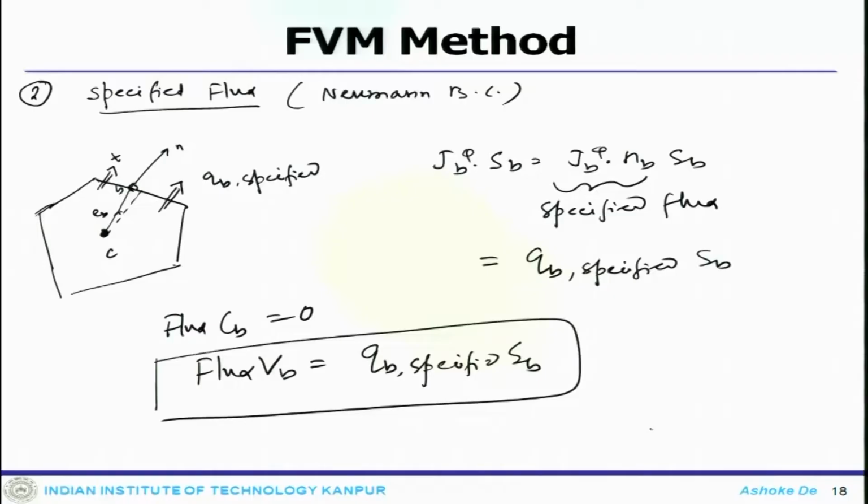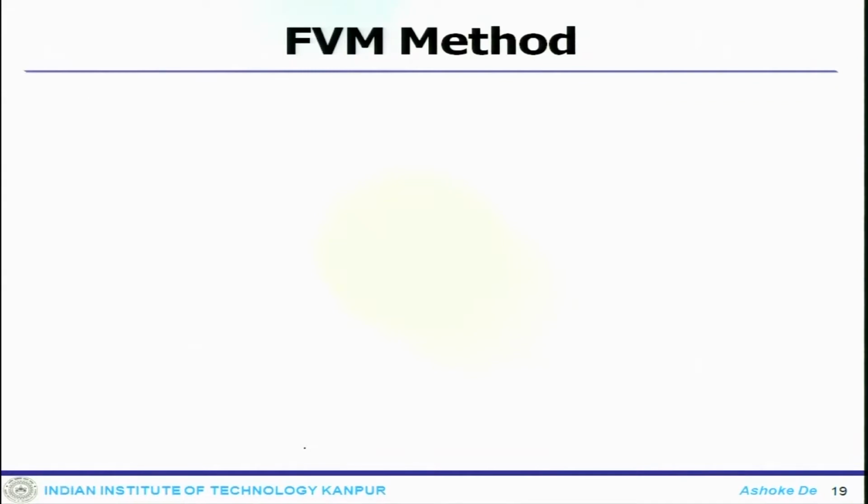So, in the last lecture we discussed this boundary condition. Now, we will move from here. Two types of boundary condition that we have discussed: one is the Dirichlet and the other the Neumann. Now, we will see how you find out the accuracy level, because that is one of the important criteria.